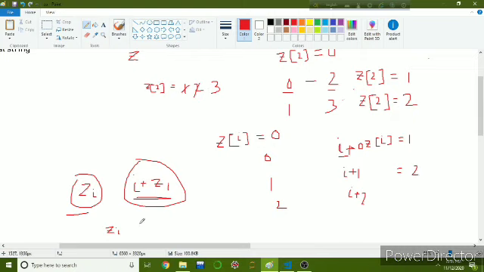So we have to match the zith character with the I plus zith character in the string, and until the match occurs, we will simply increment the value of zi, and as soon as the mismatch occurs we can stop there.